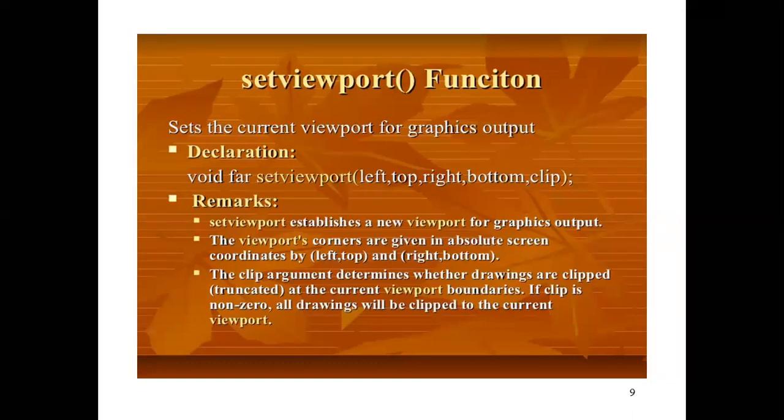Whenever the data is provided in a problem, first check that it is in the same sequence. Or suppose there is an image or object already displayed and you have the choice to choose the particular data. If the sequence is not provided, then choose the same sequence as defined in the syntax for the set viewport function: left comma top comma right comma bottom comma clip.